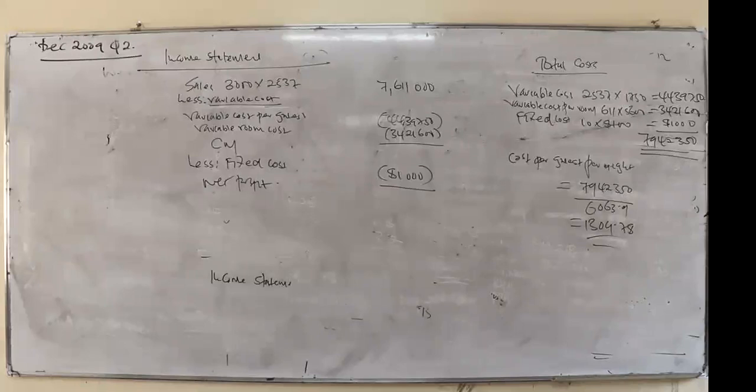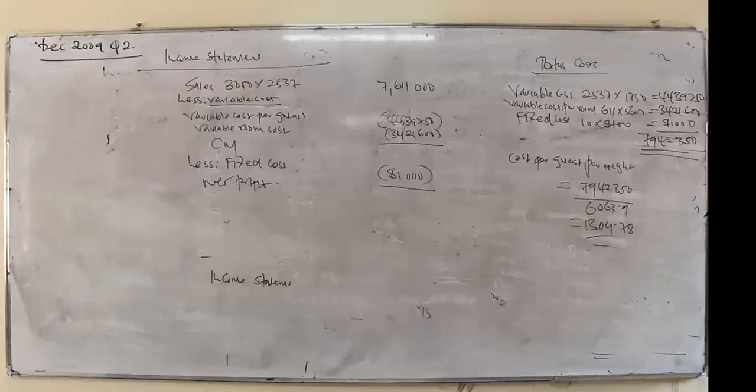Hii tumefanya mzuri kweli. So the sales wametuambia nini? We go back to the question. What does the question require us to do? The question is saying we determine what? The contribution and profit are for private guests. For private,